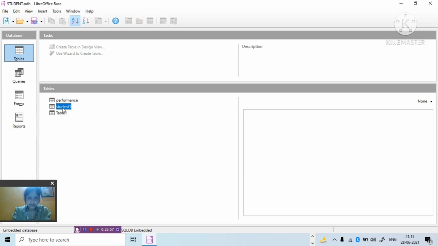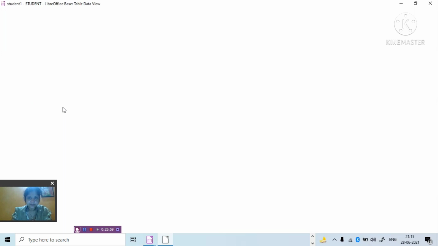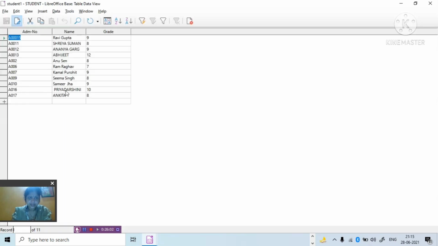This is our table. Yes, you can see these 2 records I have entered have come to the table. So this way you can use the form to enter data into the table.